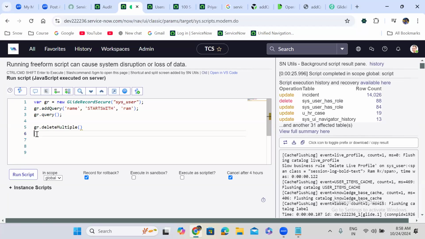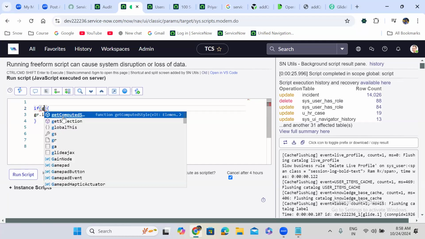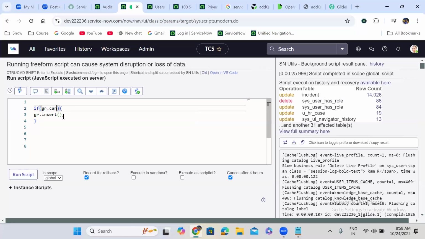If you are trying to create the record, you will use gr.insert in the end to create the record, right? So before creating it, you will write a condition. If gr dot can create. So whether the person who is trying to create the record using GlideRecord has create permission or not, I am checking separately here. So can create,